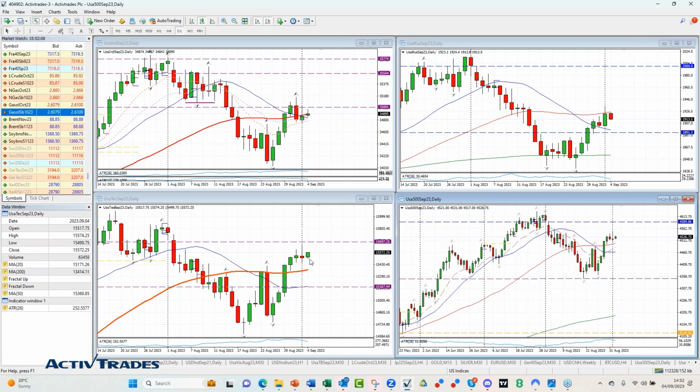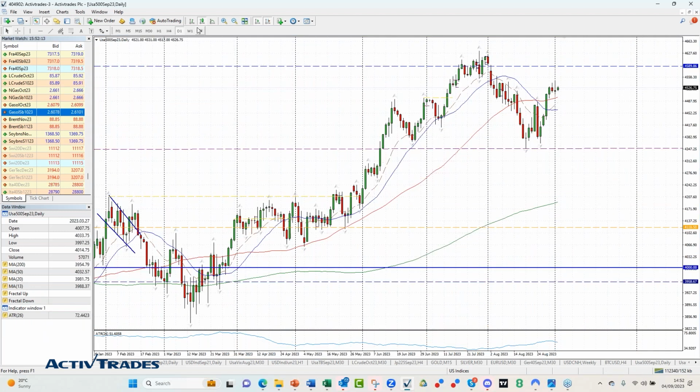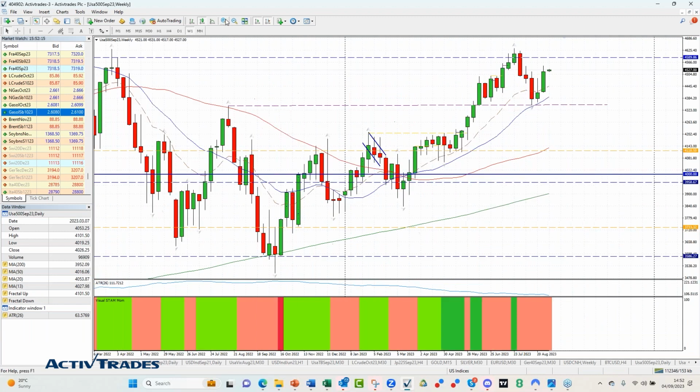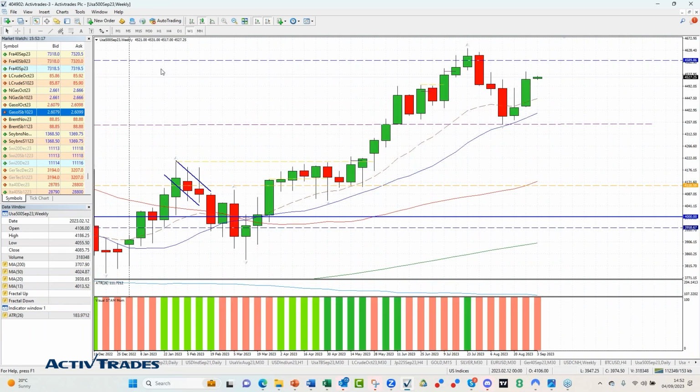Okay, so what we have seen is, let's go to the S&P 500 on the weekly chart here. What we've looked at here is the tool. Price started the year, it rose, and then it pulled back. The pullback ended at the moving averages with a pin bar before price started to move